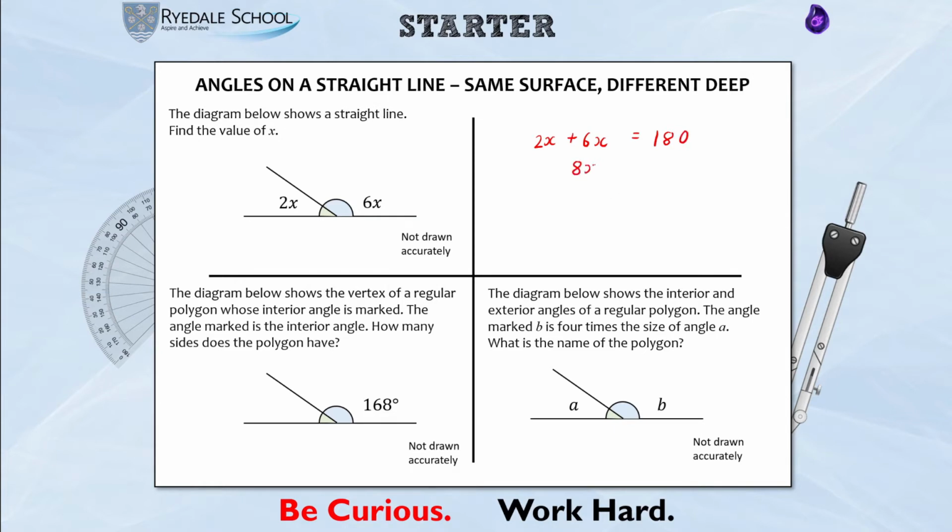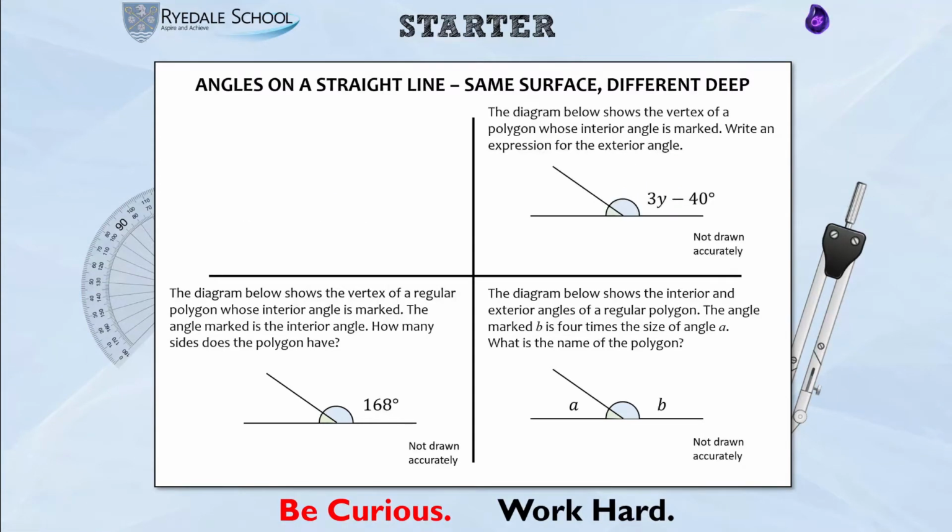So 8x equals 180. How are we going to find x? We need to do 180 divided by 8. And 180 divided by 8 is 22.5 degrees. One way that you could do that is halve it, 90, halve it again, 45, halve it again. So x is